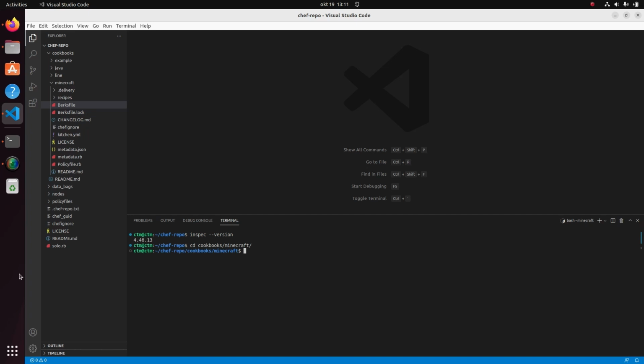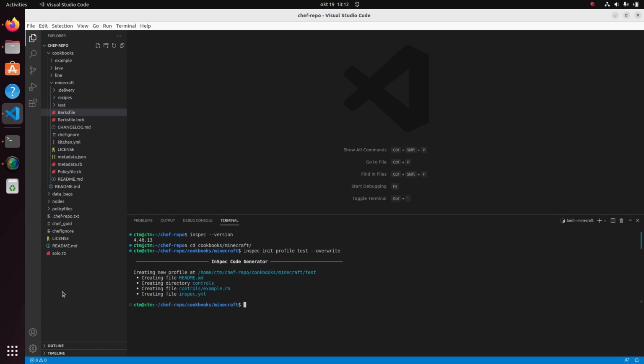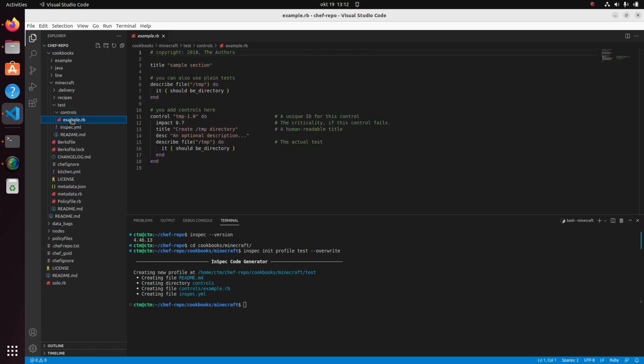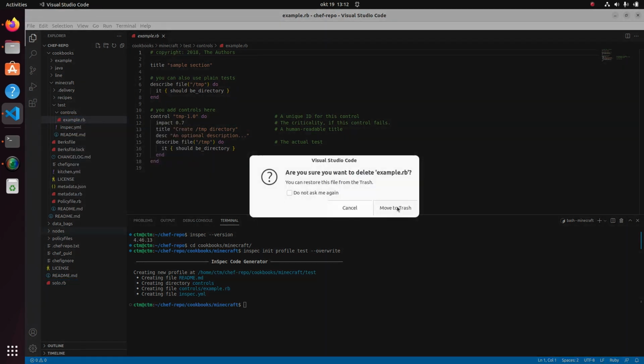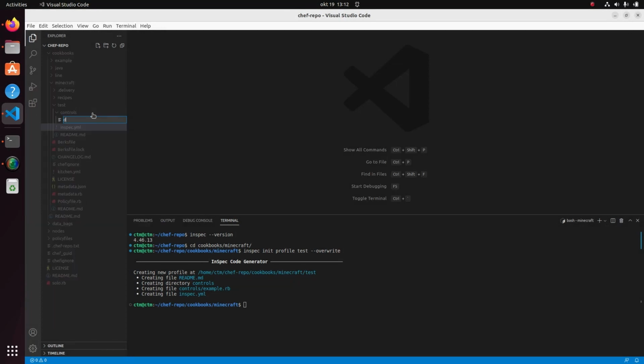To bootstrap an InSpec profile, run inspec init profile and then the name of the profile. We're using test, and since there was already a test folder, we'll use --overwrite to overwrite the existing test folder. This will create a couple of files. For example, in the controls folder, we have an example.rb file. In the controls folder is where all the tests will go. For now, we'll remove the example test file and create our own called